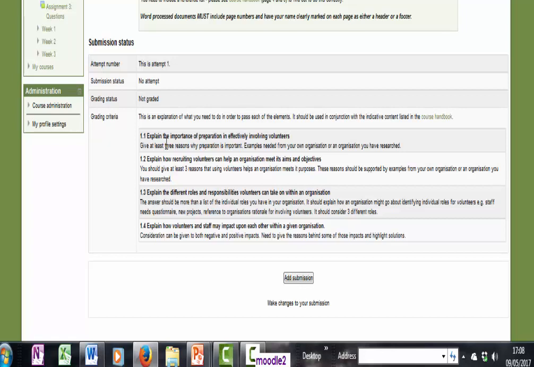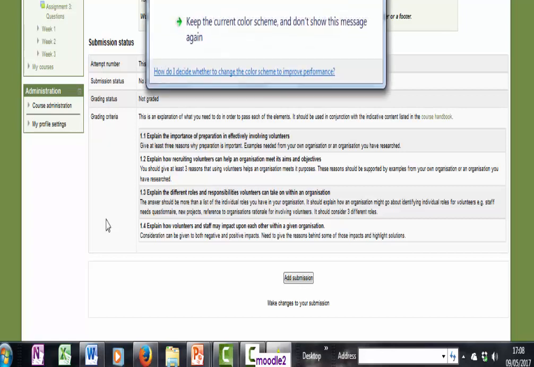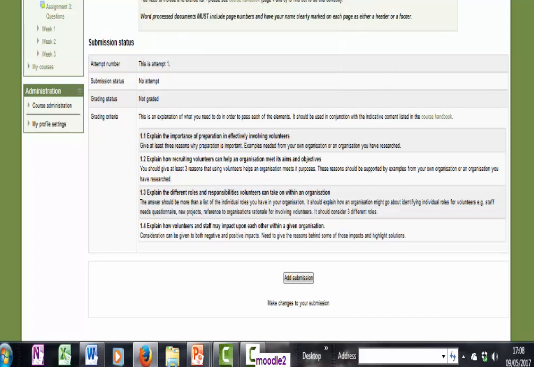So what you need to do is to put the indicative content parallel to the grading criteria, because the grading criteria helps you to keep things simple. As I said, these are very big topics, and you could write about lots of different facets and reasons. So there you've got your instructions about assignment 1. The next thing